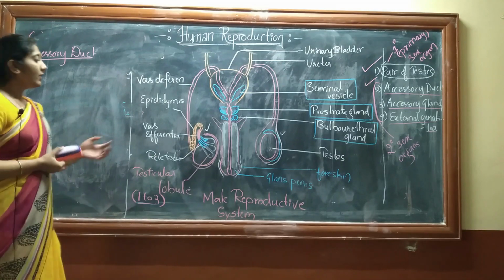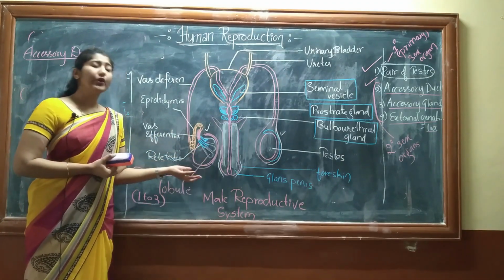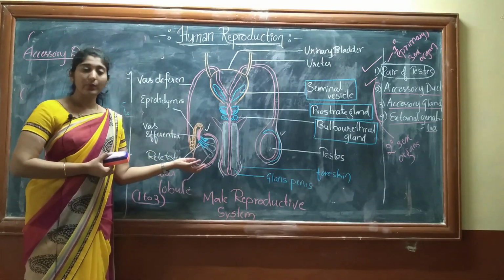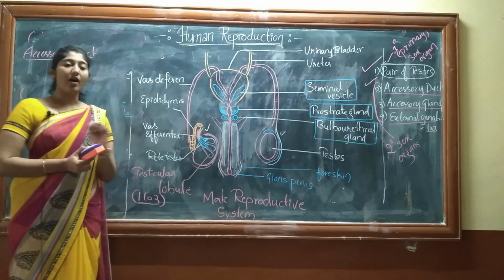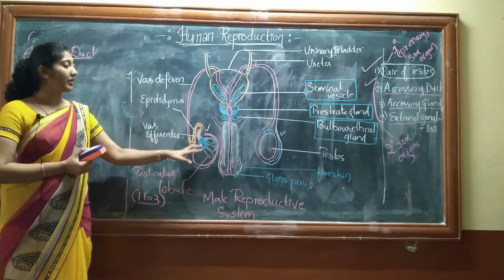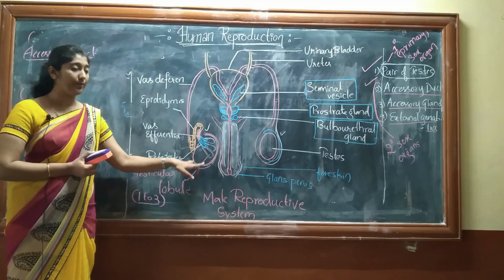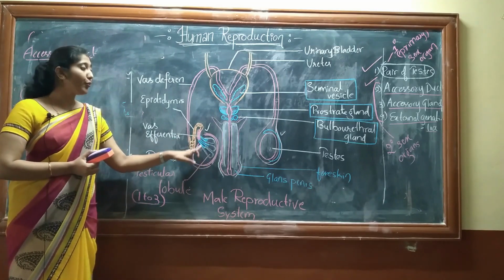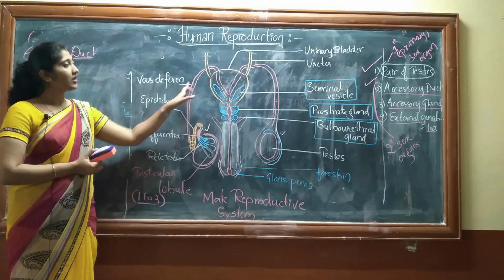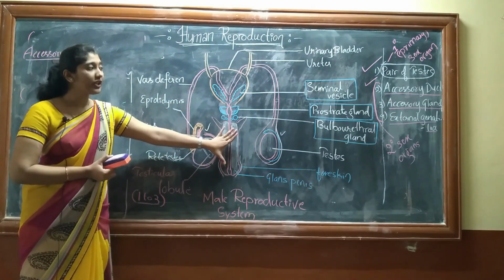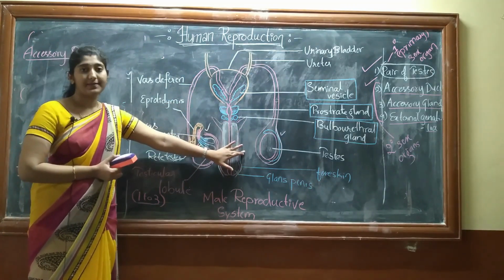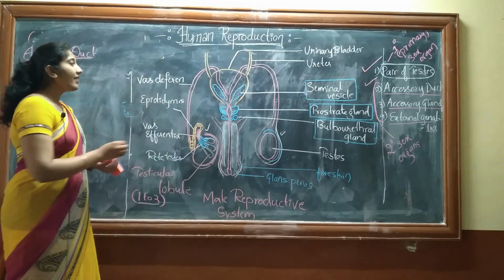So the sperm is produced and the hormones are produced in the testes. Now these hormones and the sperm which is formed in the testes should be carried to the external genitalia, the penis, right? So there are some ducts,